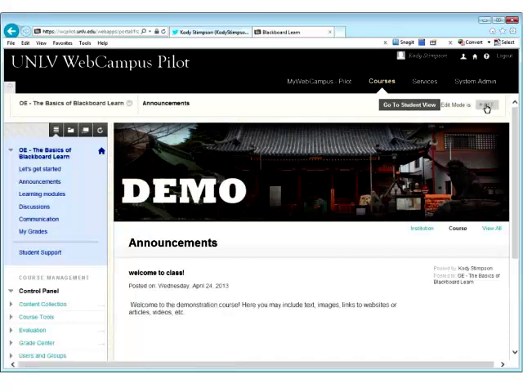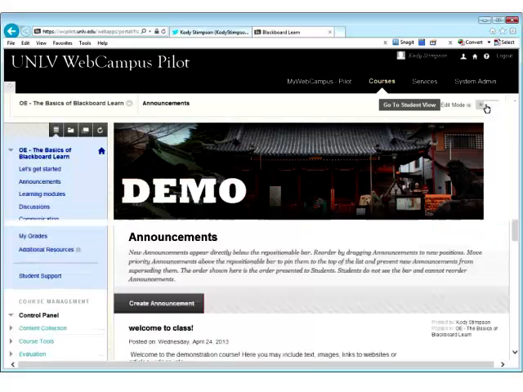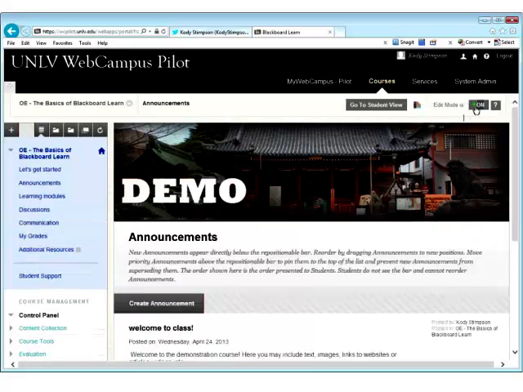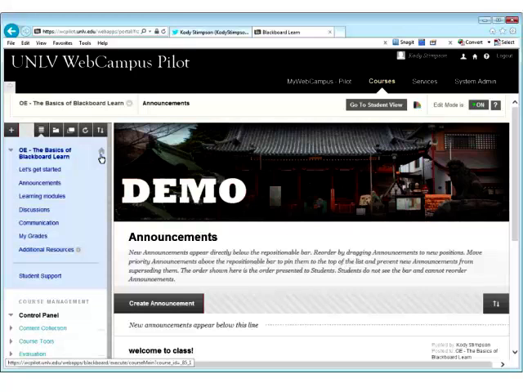So let's go ahead and check out the navigation over to the left. I'm going to turn Edit Mode back on, so I'm in Instructor or Course Builder view. And over here to the left, you can see there are several different links. There's Let's Get Started, the announcements, learning modules, discussions, communication, my grades, additional resources, and finally student support. And I'm going to go over those